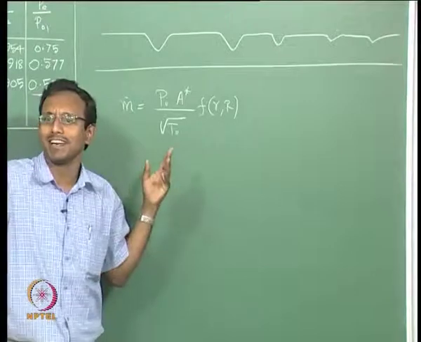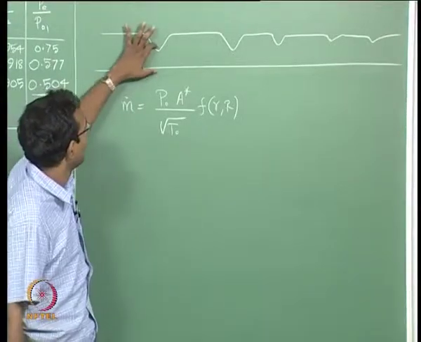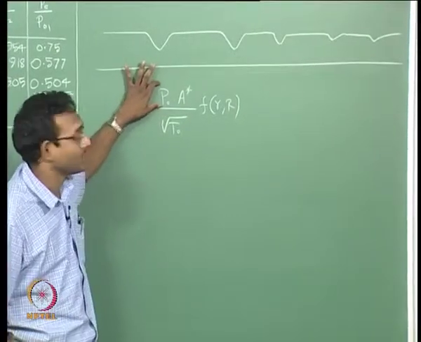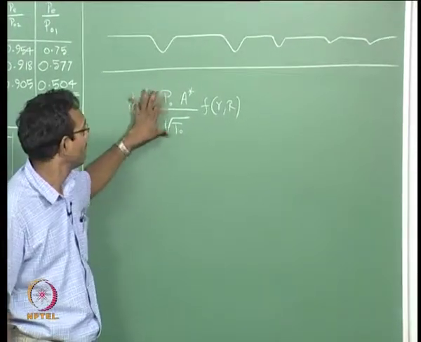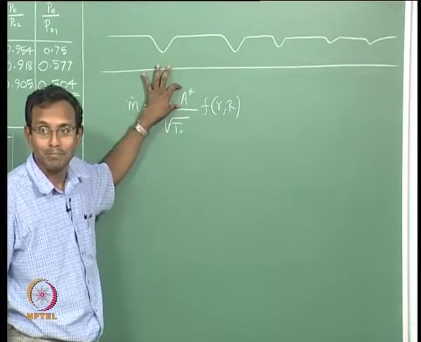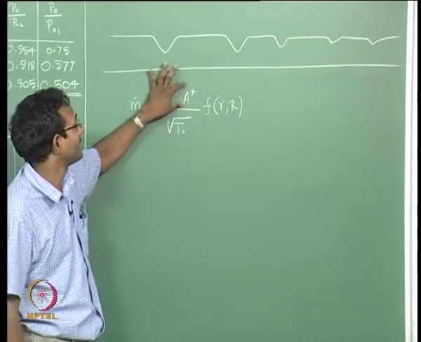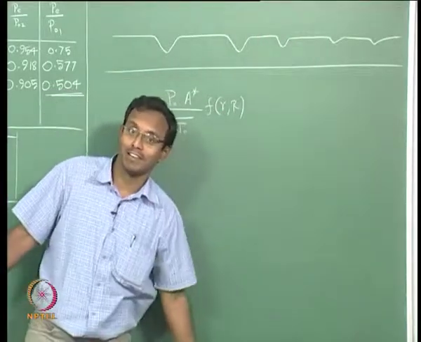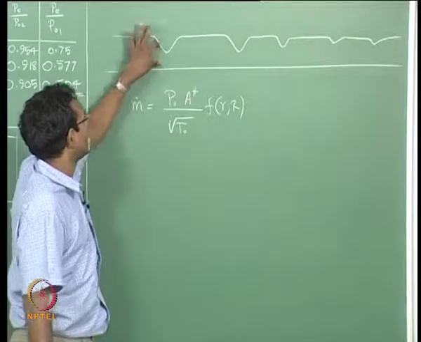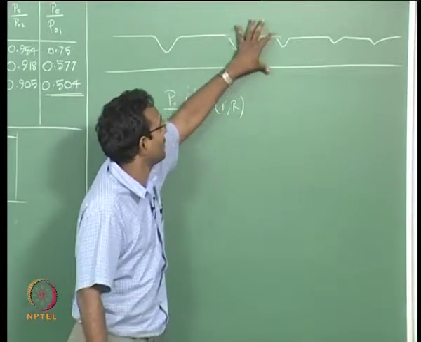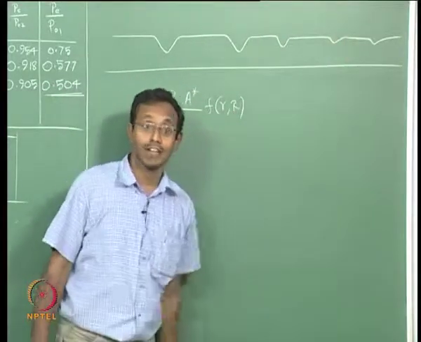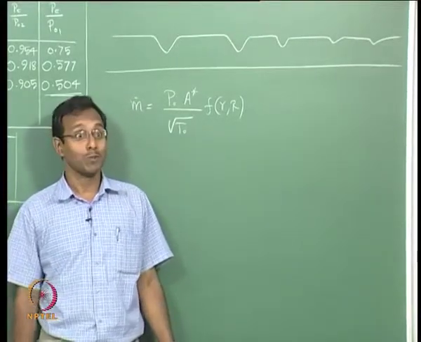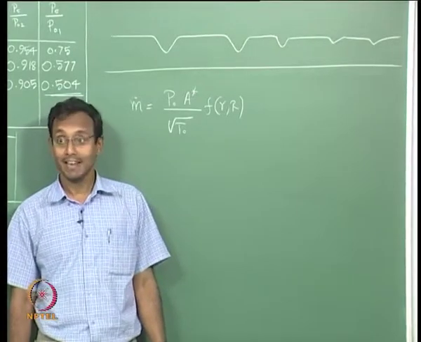If it is fully subsonic, and isentropic, then P naught does not change, T naught never changes, A star will be exactly the same. If A star is exactly the same, I can put the same dent everywhere in my duct, however many times I feel like, and it will just go subsonic to sonic, subsonic, sonic, subsonic, sonic, subsonic, sonic, subsonic. I can keep on doing this forever. Okay. That is one possibility. It can happen, by the way.